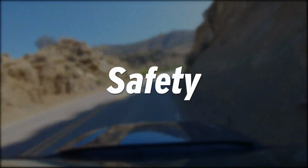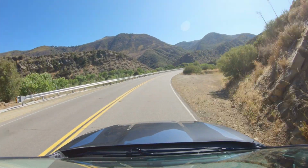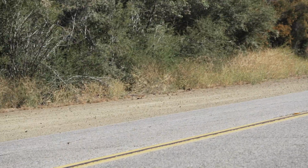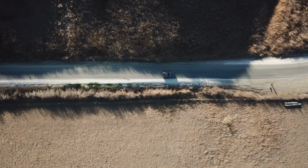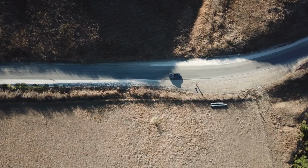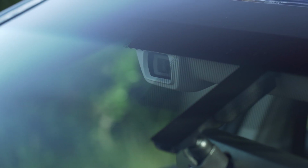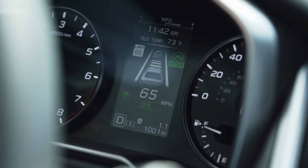Now, it's time to talk safety. Since the Legacy is a brand new model, it's yet to be tested by the National Highway Traffic Safety Administration. But it's worth noting that the 2019 model passed its battery of tests with flying colors and earned a 5-star overall safety rating. It also comes standard with Subaru's EyeSight technology, which includes adaptive cruise, lane keep assist, pre-collision braking,